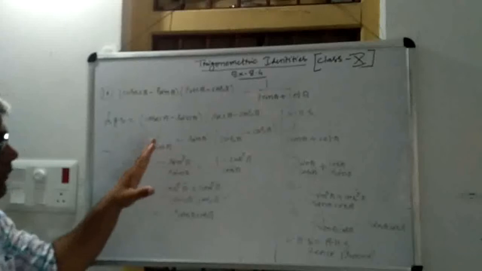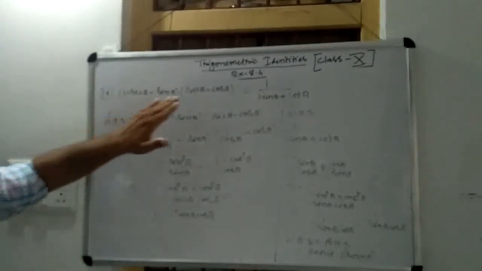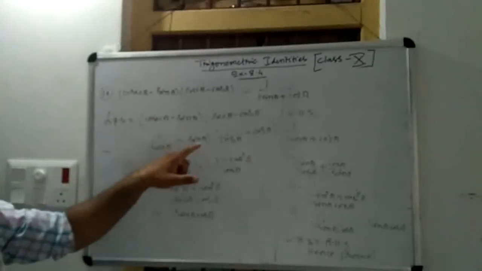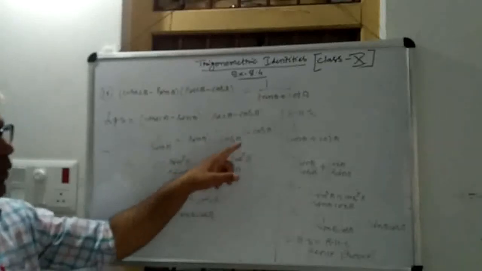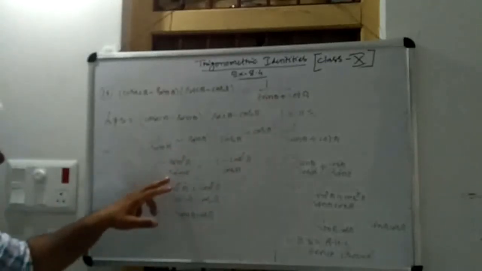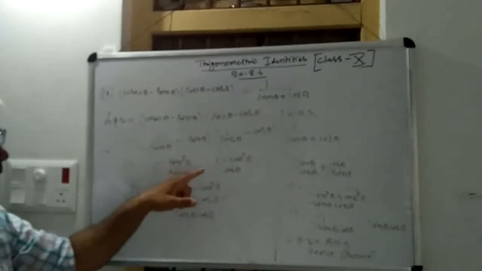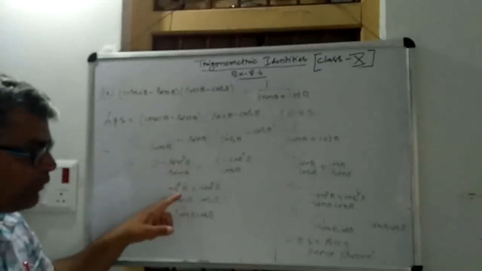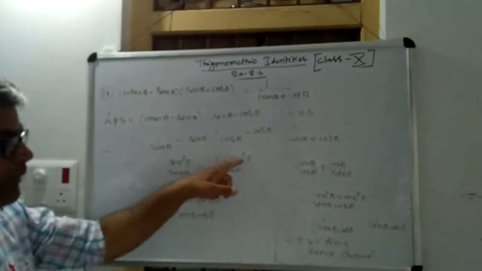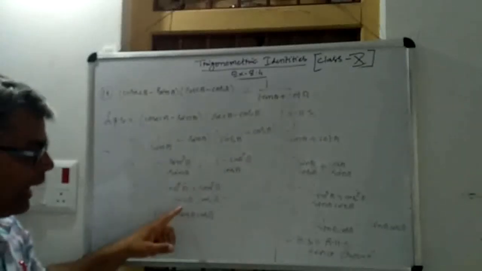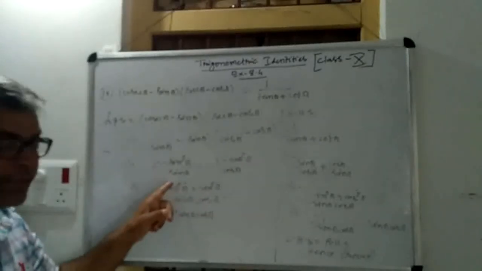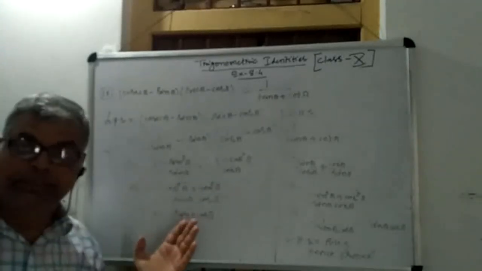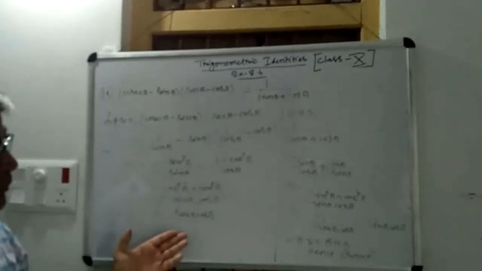So in this LHS part, first we change cosec A and sec A into sin and cos. So cosec A can be written as 1 by sin A minus sin A, and sec A can be written as 1 by cos A minus cos A. By taking LCM, we have sin A (1 minus sin squared A) into cos A (1 minus cos squared A). So 1 minus sin squared A equals cos squared A, and 1 minus cos squared A becomes sin squared A, over sin A cos A. Cos A and 1 cos A get cancelled, and sin A and 1 sin A also get cancelled. So we have sin A cos A in the LHS part.